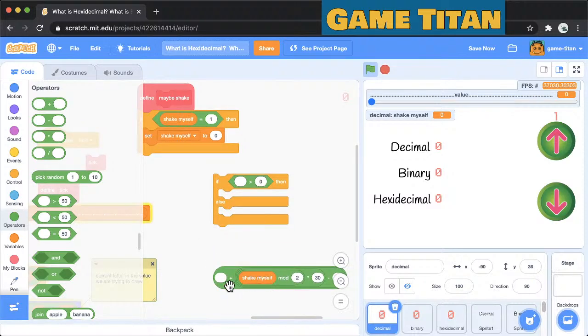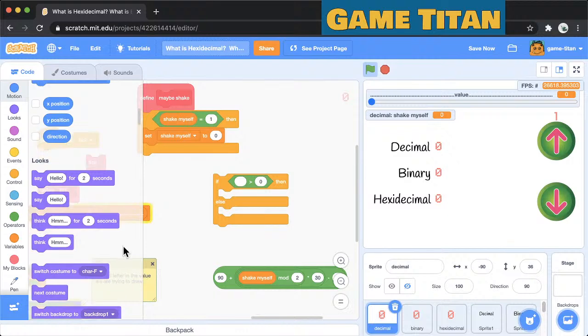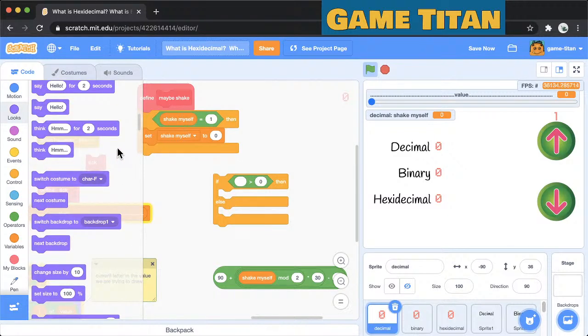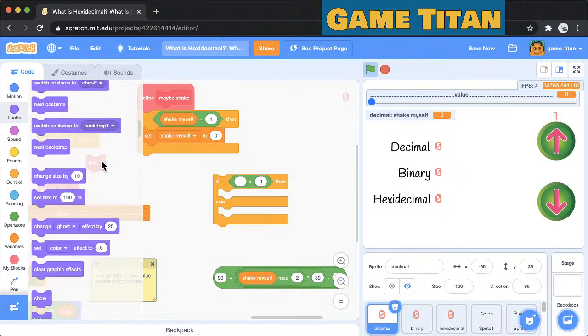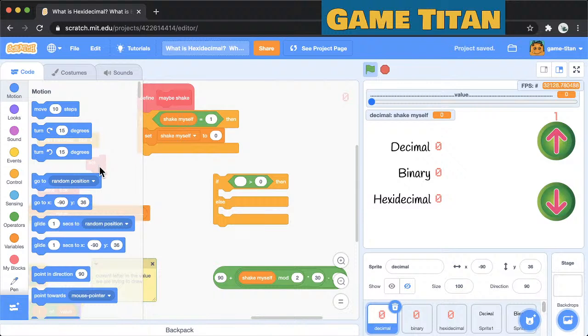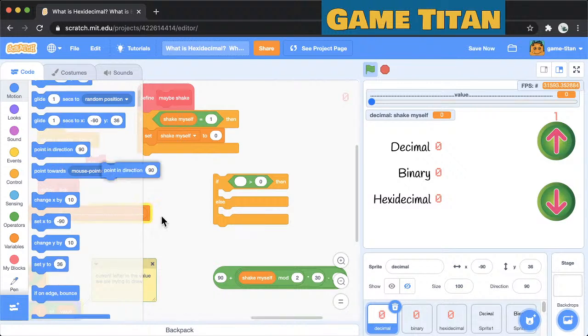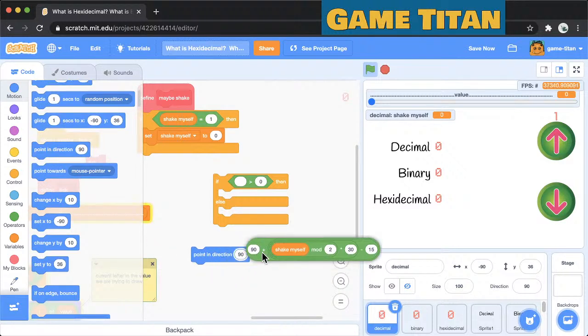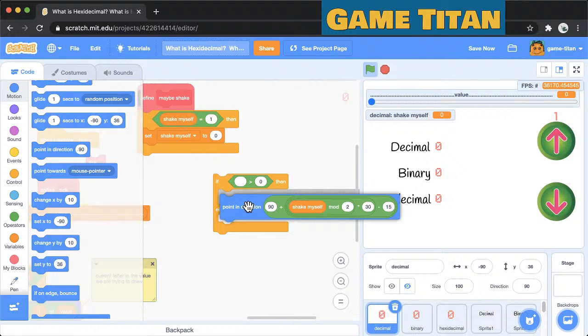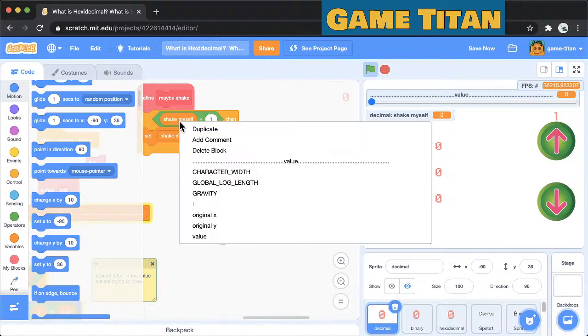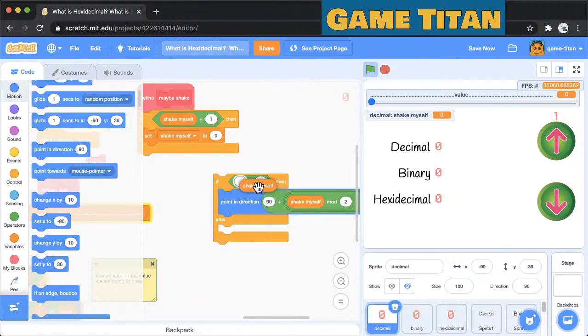So we get 90 plus 15 or 90 minus 15. Set, where's the, here, point in direction, 90 plus this random number. And that's if shake myself